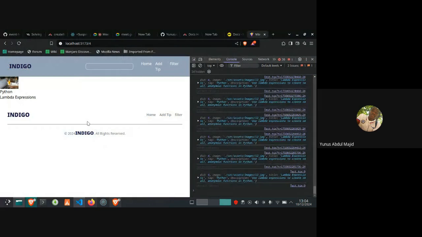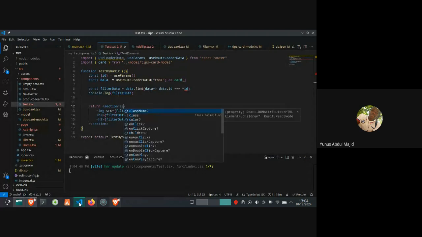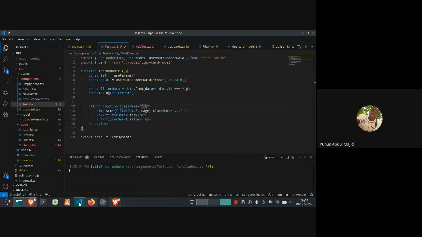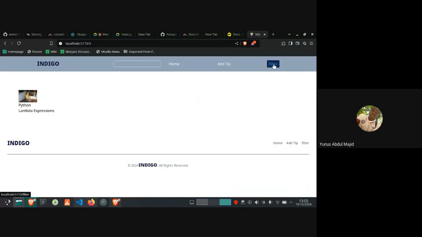Sorry, margin for X, 20. Yeah, so that is that.